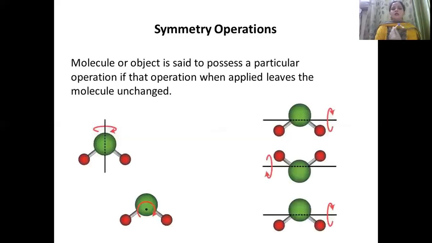Okay. So what are the symmetry operations? The operation means the movement or something that I have done to the molecule, the operation that I have applied to the molecule and that is leaving that molecule unchanged. Again, we are taking the example of the water molecule. In this water molecule, this is the rotation axis, these are the two hydrogen atoms, and through this rotation axis we have rotated the molecule like this, and it is leaving this molecule unchanged.